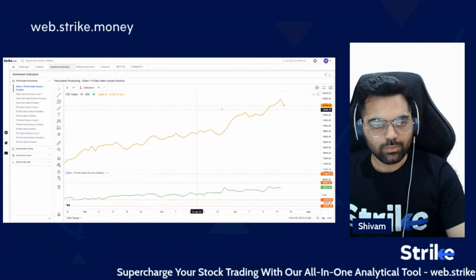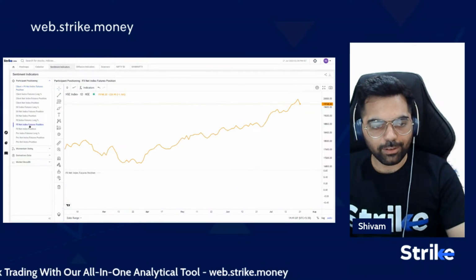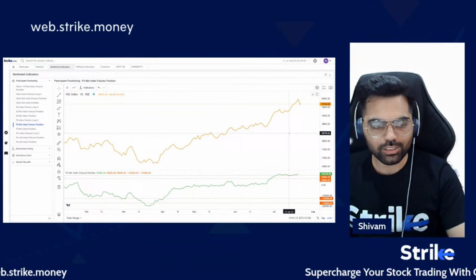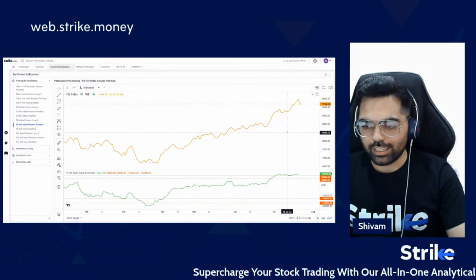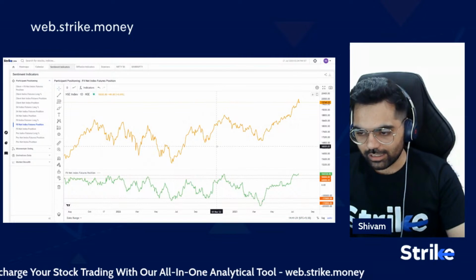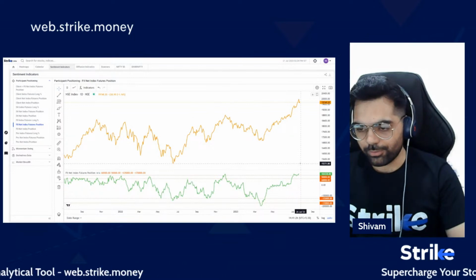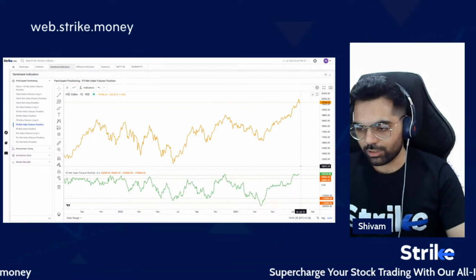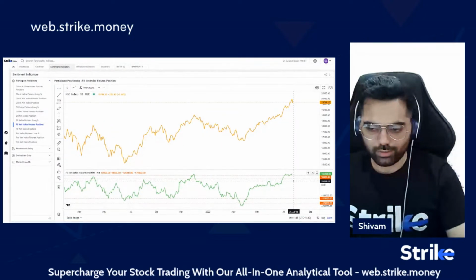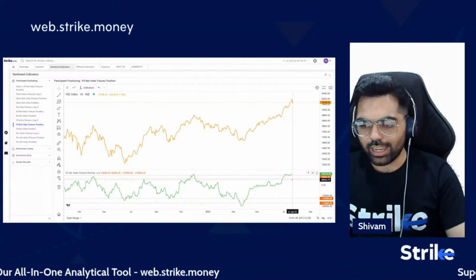So let's have a look at sentiment indicators as well. Yesterday, I explained the FII net index futures positions, that is, the net position created by the foreign institutional investors, whether it is net long or net short. We have seen that when this number goes to about 100,000 contracts on the upside, it is an extreme level. As of yesterday's levels, we are at 1,04,328 contracts, and we are seeing a small pullback in this trading session. So this level does indicate that we are quite on the higher end of this indicator.